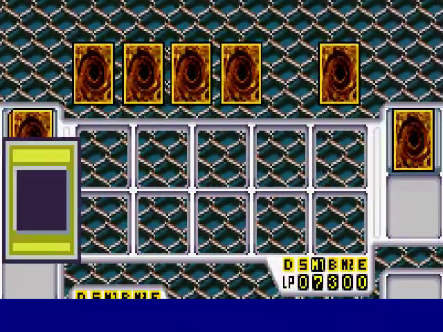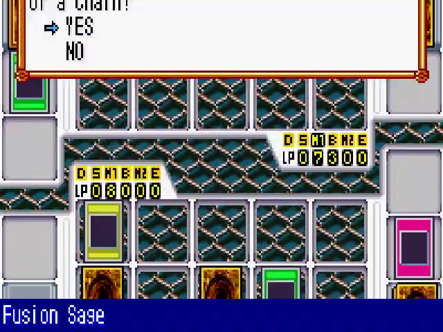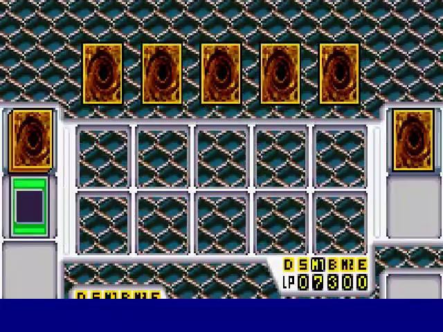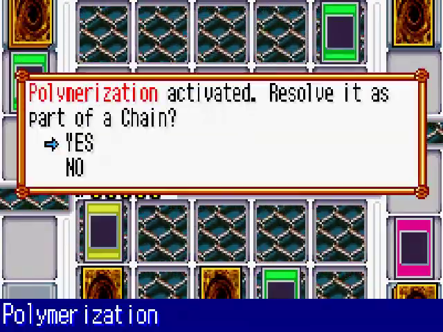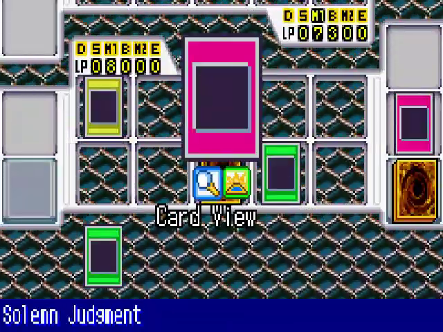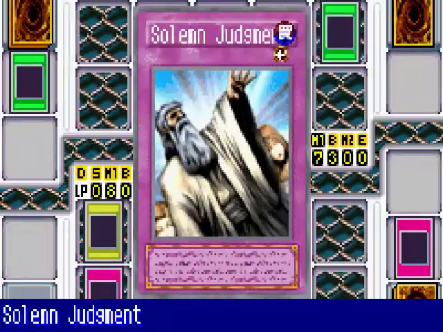Draw 3 new cards and discard 2. Now he activates Fusion Sage, which allows him to select his Polymerization from his deck and bring it into his hand. And he plays that Polymerization that he just got. So I'm not going to allow him to bring out a fusion monster. So I play my Solemn Judgment,